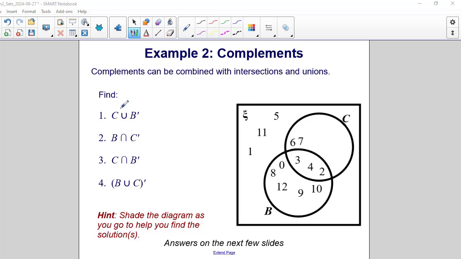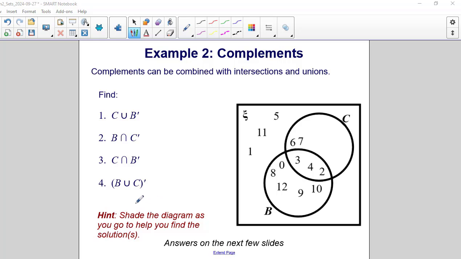Number 1, the mathematical notation here means that you have set C with the union of set of the complement of B. Number 2, this notation means that you have set B and you're looking for the intersection for the complement of set C. Number 3, this notation means that given set C, find the intersection with the complement of set B. And number 4, first you find the union of sets B and C, and then find the complement